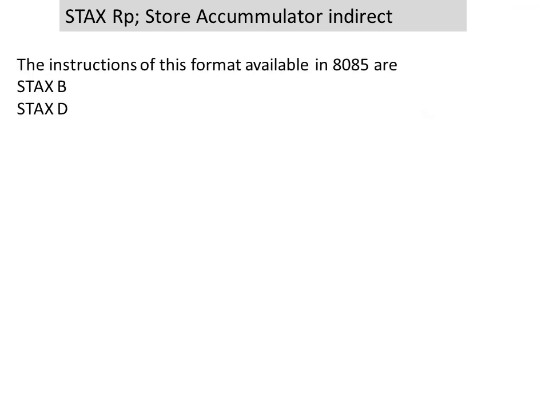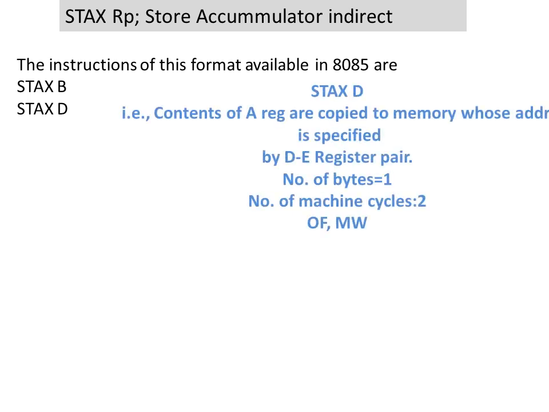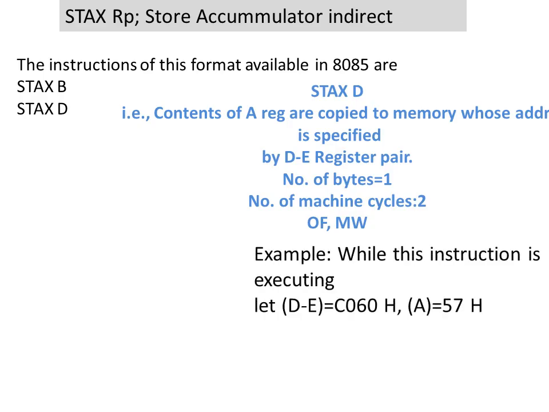Just the reverse of which is STAX RP. Again, 2 instructions are available, STAX B and STAX D. Say suppose we take the example of STAX D, that means the contents of the accumulator are stored into the memory location whose address is given by the DE register pair. Now it is a memory write operation in the